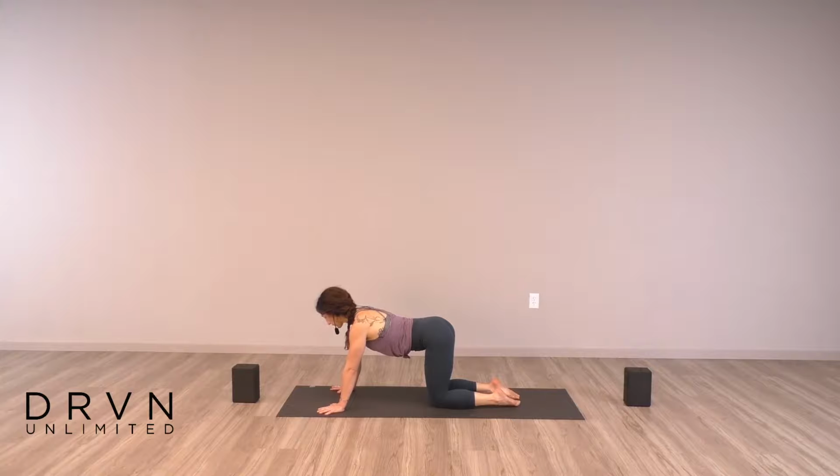Here we're going to move through some cat-cows. So move at your own pace. Let your belly drop down, lift your tailbone. Chest reaches forward through your arms. You can even draw your hands towards your knees, your knees towards your hands, if you want to go just a little bit deeper there. And then on an exhale, press the mat away, hollow out your belly, lift the back of your ribs up, really stretch between your shoulder blades, let your head hang, create length on the sides of your